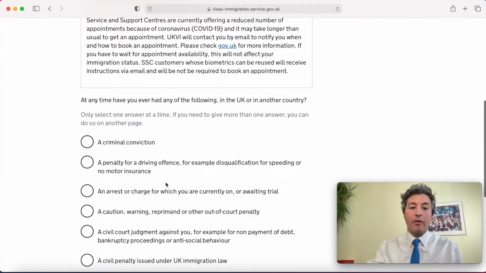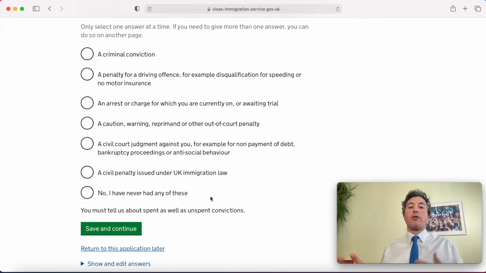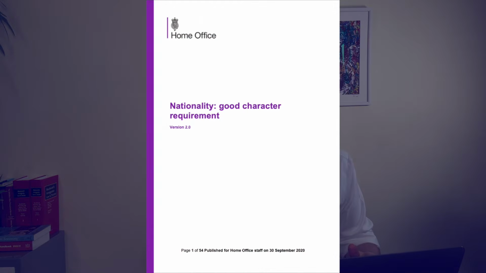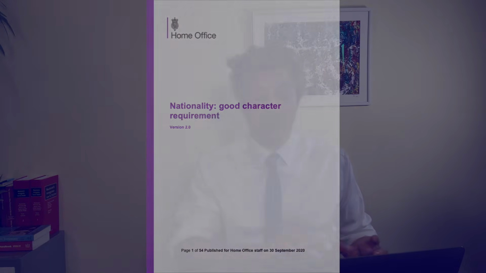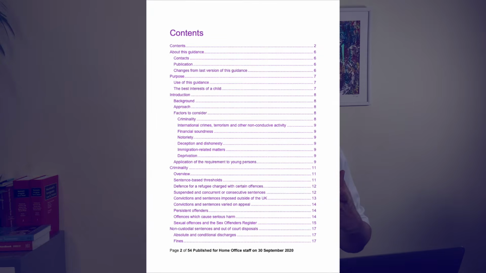So if there is something that you're worried about, either because you've got a formal conviction or you've got anything else that's listed in this list, for example, it says penalties for driving insurance, driving disqualifications. Usually, that won't be enough for a refusal under the bad character guidance. But if you're worried about it, then what I suggest you do is you read the good character guidance, which you can find online, and it will take you to the relevant